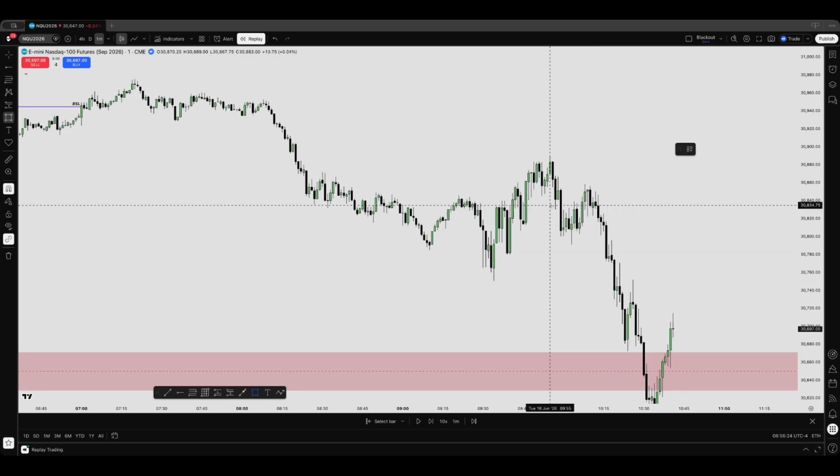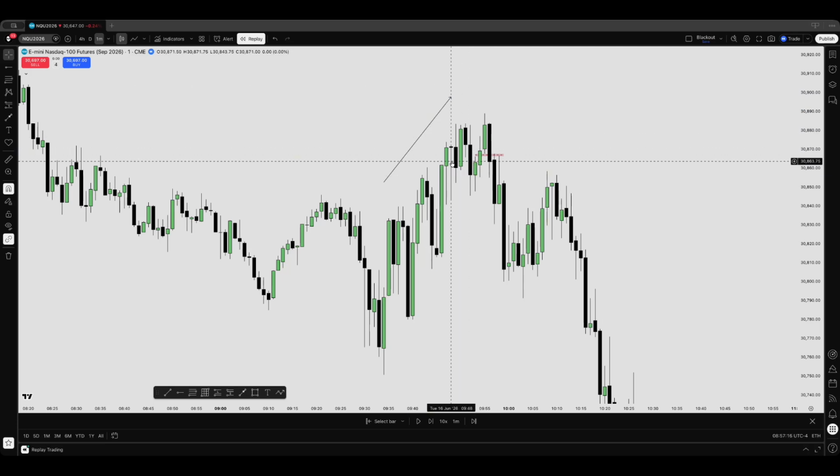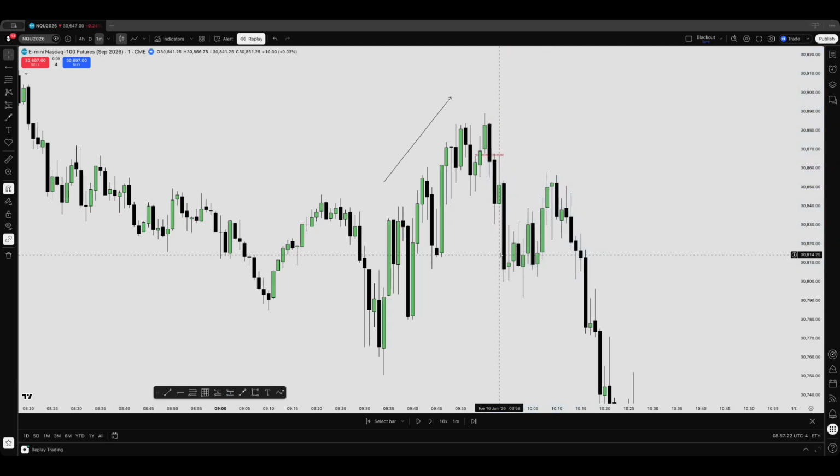But this just literally happens every day. So we get accumulation, price manipulates higher or lower depending on where the draw is for the day, and then we distribute in the opposing direction of the manipulation. And then as soon as we get the manipulation leg above the buy stops, that is where you're actively looking to take a short, whether that's the inversion fair value gap, a 2022 model, a unicorn model, optimal trade entry,